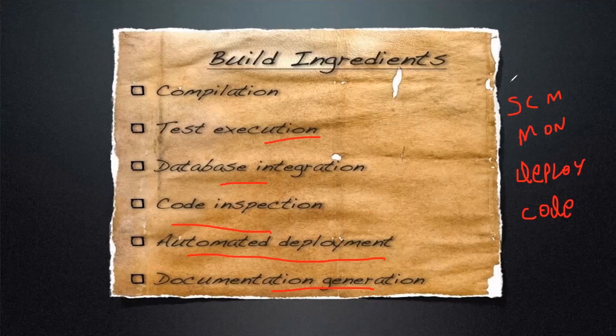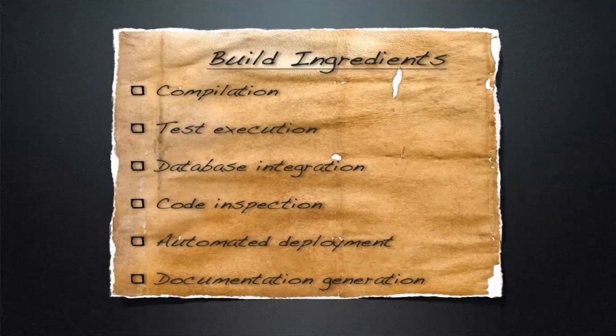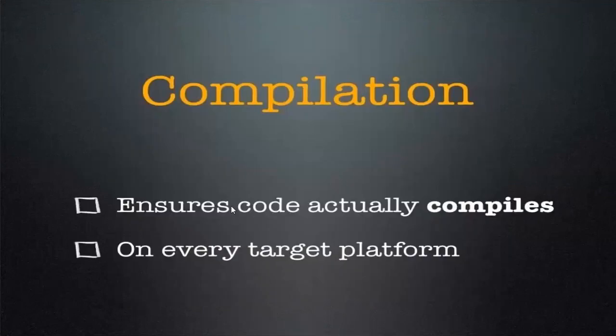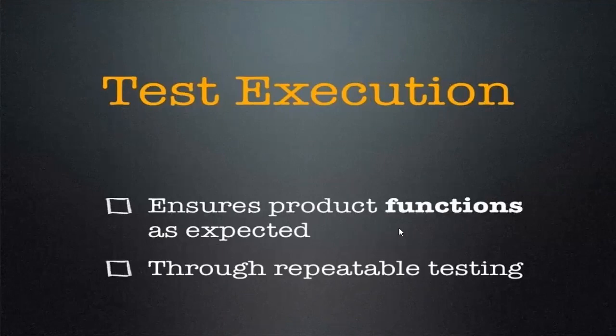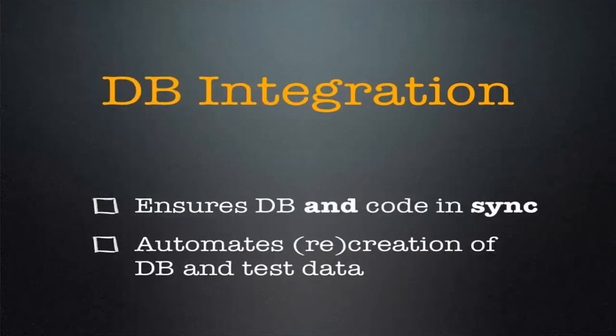Okay, now what we can do is we will go further with compilation. This will make sure your code is actually compiled, it's working with all dependencies, and whatever code you created is working correctly. And test, always regression testing will make you confident in your deliverable. And DB integration, if you have a more complex application, then definitely the DB and code have to be always intact.